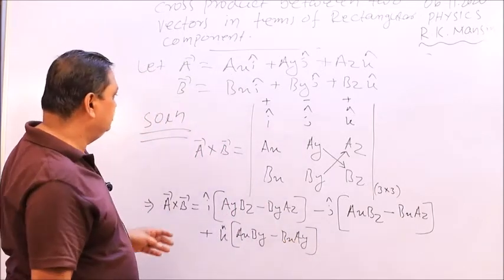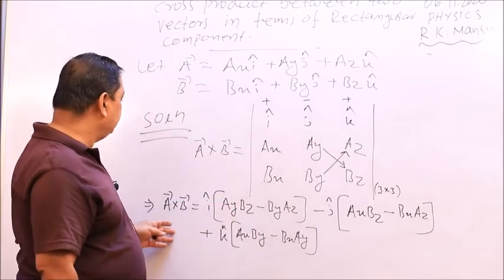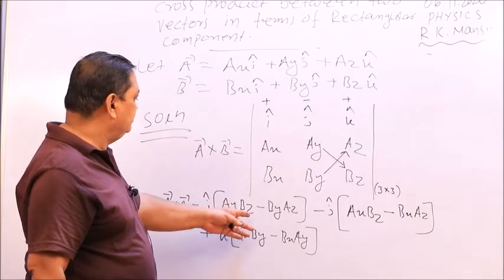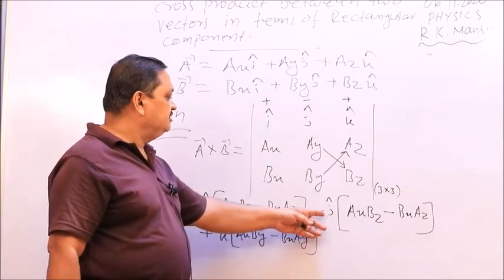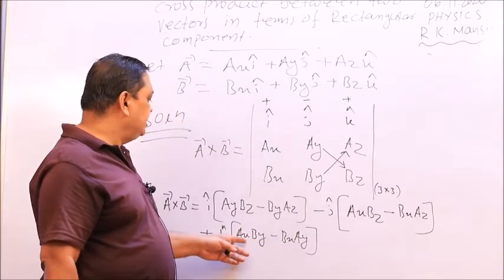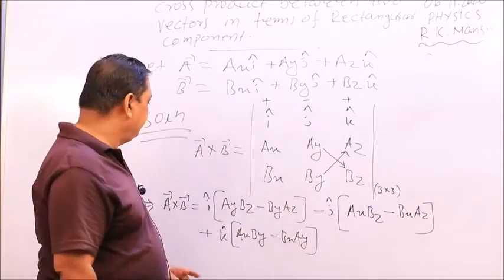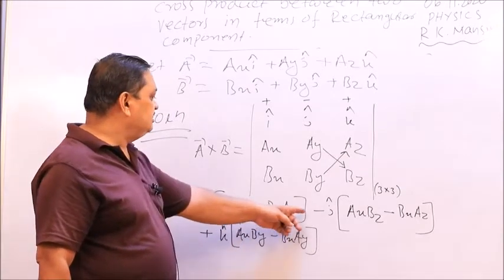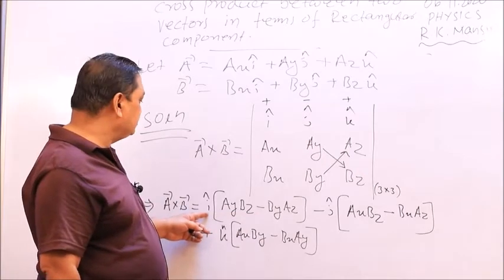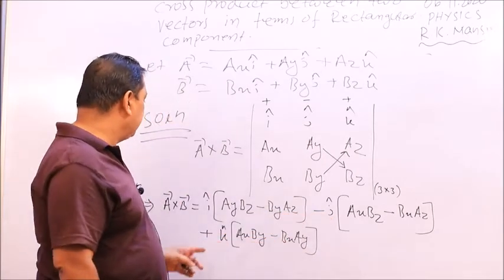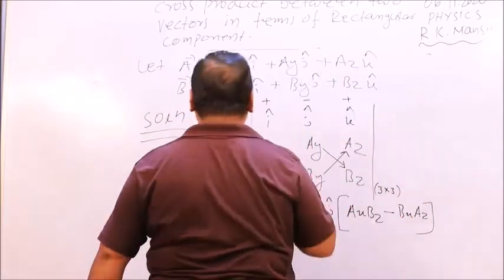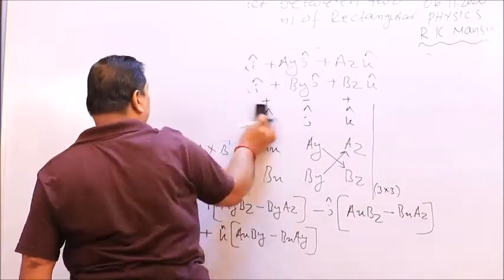So, now we have found the value of the determinant. A cross B equals i cap (ay bz minus by az) minus j cap (ax bz minus bx az) plus k cap (ax by minus bx ay). So, this is also a vector, a new vector represented in terms of orthogonal unit vectors i cap, j cap, k cap. Now if we find the magnitude of vector A cross B,